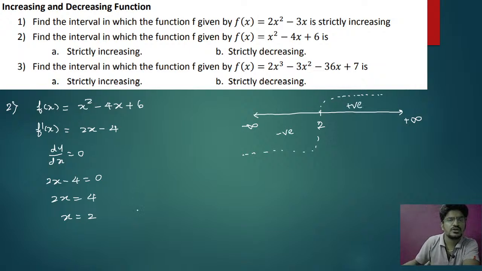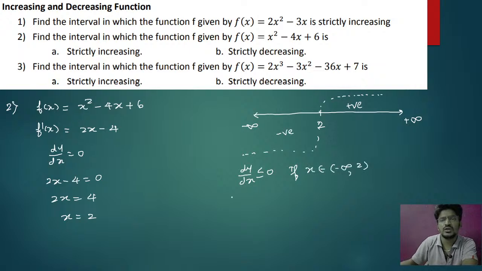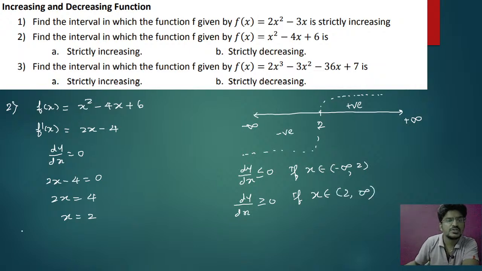Okay, so from this dy by dx is lesser than or equal to 0 if x belongs to minus infinity comma 2, and dy by dx is greater than or equal to 0 if x belongs to 2 comma positive infinity. Okay, so here you can write f of x is increasing